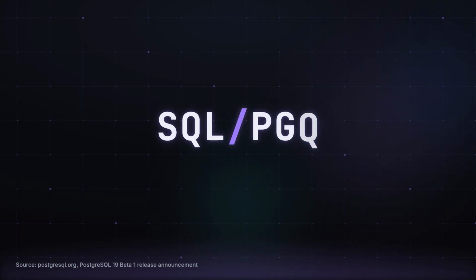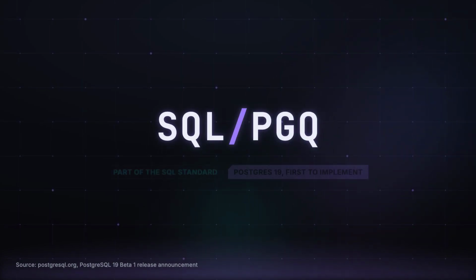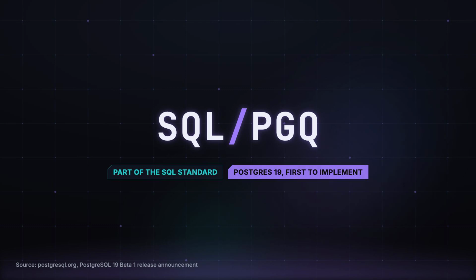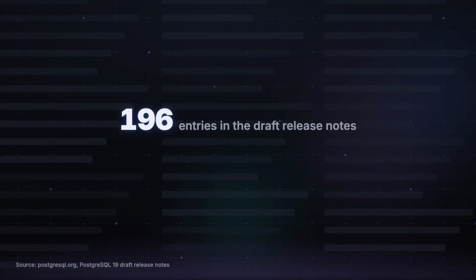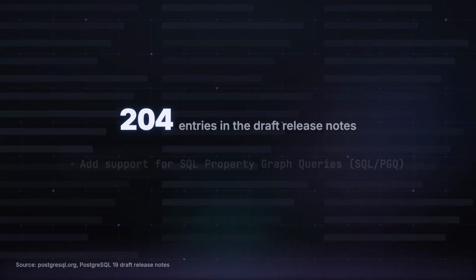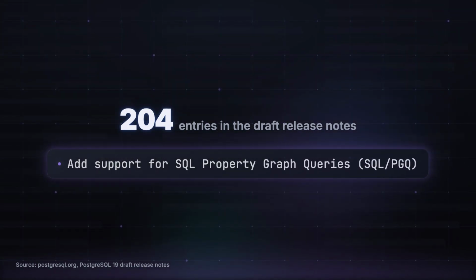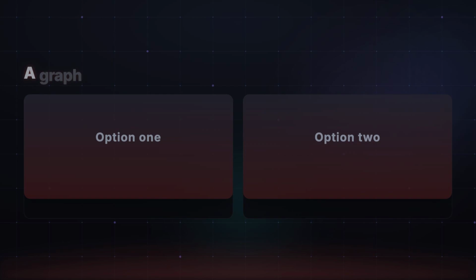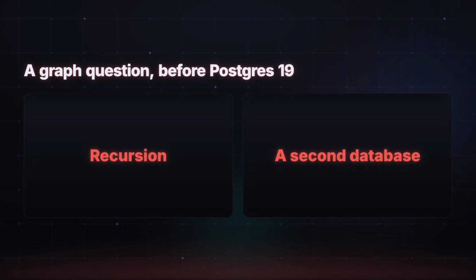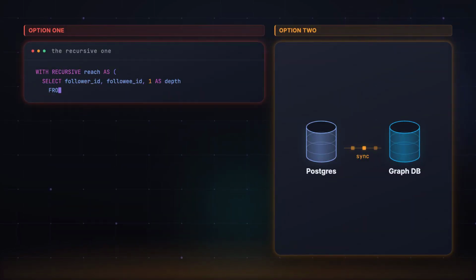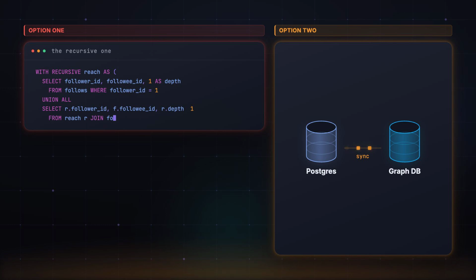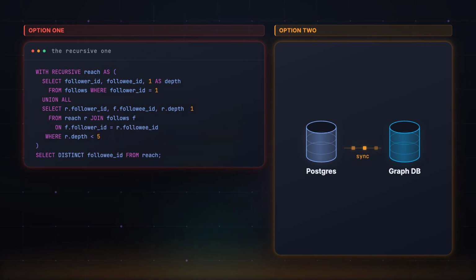The feature is SQL PGQ. It is part of the SQL standard, and Postgres 19 is the first release to implement it. The draft release notes already run past 200 entries, so plenty landed. But this is the one that deletes a line from a budget. Before this, a graph-shaped question in a relational database meant one of two miserable options. Write a recursive CTE and hope nobody has to read it, or stand up a second database and a pipeline